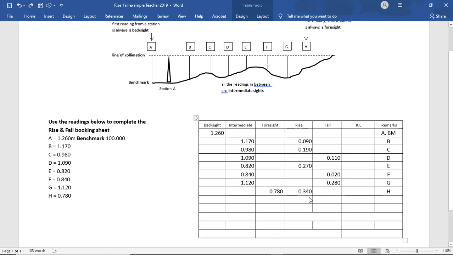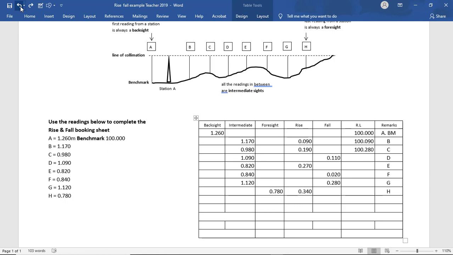So that's very important to keep all the figures in the correct columns. Then we do our RLs. We've got a benchmark of 100. Here we have it here. So we've got 100, then because it's a rise, we go 100 plus our 0.090, gives us 100.090. Then we've got another rise, so it's 100.090 plus 0.190 gives us